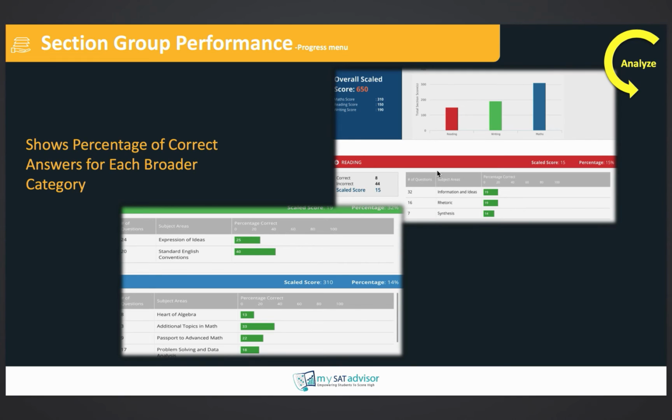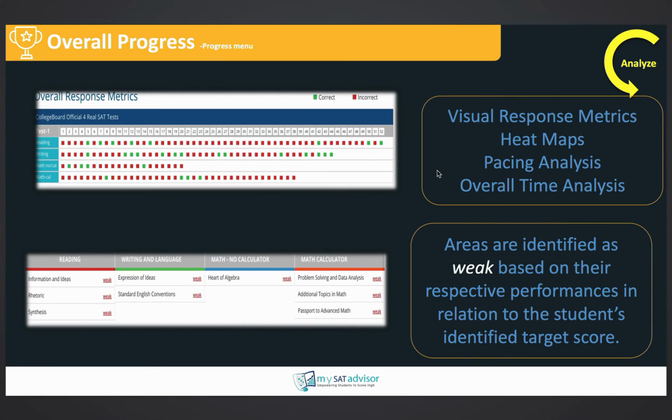The reason we have that is so that students who are starting out in the test prep process, maybe they just want a general idea of where they're struggling. Maybe they don't want the specific skill sets. So, for example, Heart of Algebra, 13% correct. Without even knowing whether it's systems of equations, solving equations, graphing, whatever the topic in algebra, the student just knows right off the bat, okay, my algebra topics are a bit weak. Again, it's ideal for students who are starting out in the test prep process.